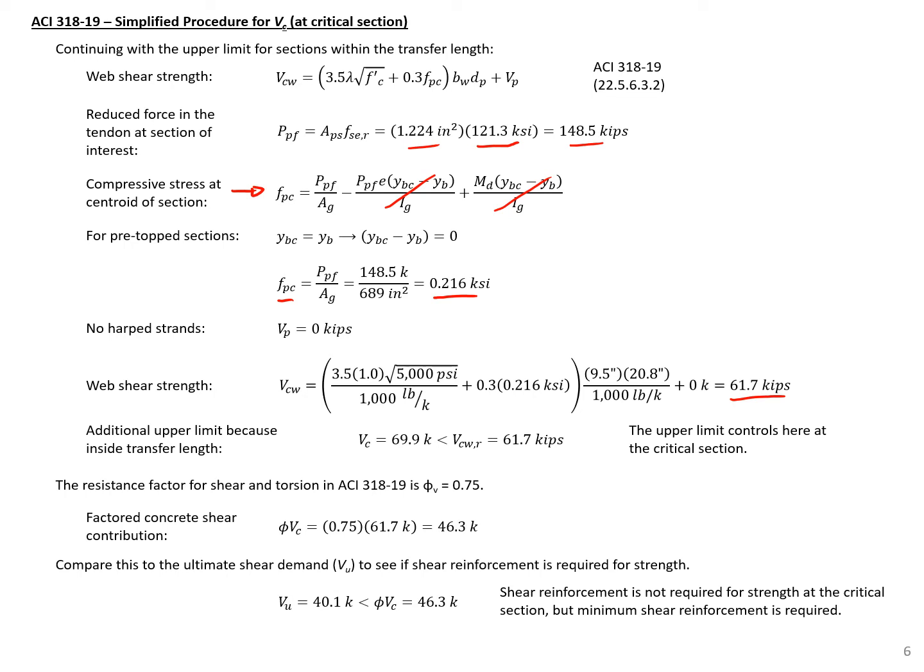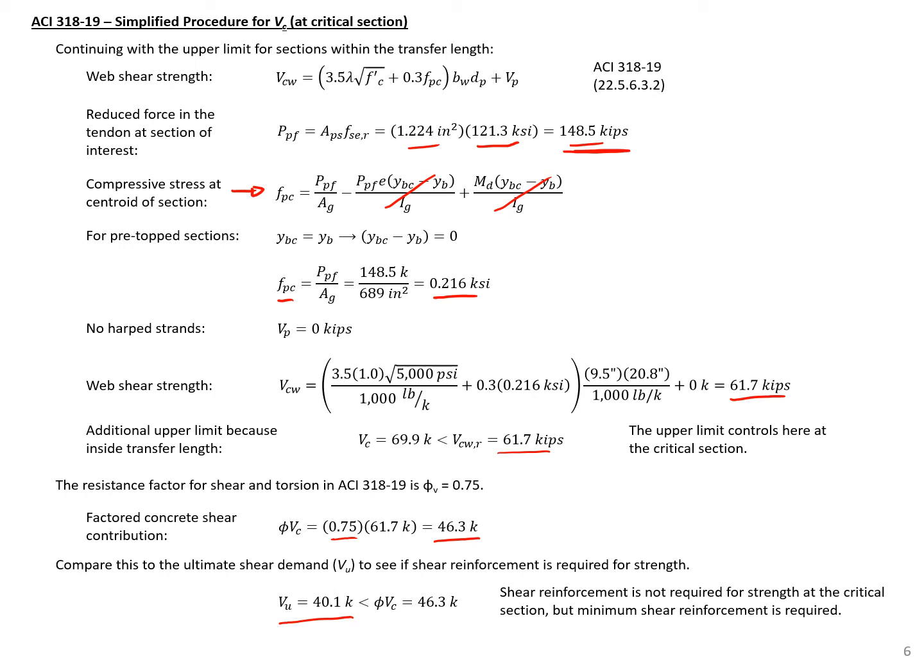And again, this is accounting for that reduced stress in the pre-stressing because we're inside the transfer length. We can compare this to the V sub C that we found using our simplified equations and see that this upper limit will control. So that's going to be our V sub C. So we can take that V sub C times 0.75 to get phi V sub C, which will be 46.3. And we can compare this to our V sub U, which is 40.1, to see if we need shear reinforcement